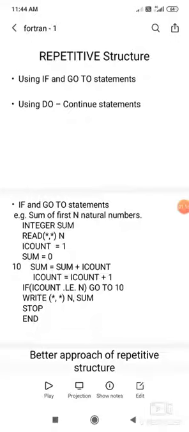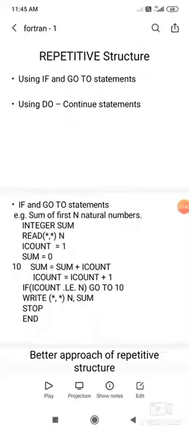Then we give the input statement READ *, * n, the number of first n numbers whose sum we want to find out. Then we define a count, I count, by the assignment statement I count equal to 1. Then sum at the start is 0, so we define it by the assignment statement sum equal to 0.